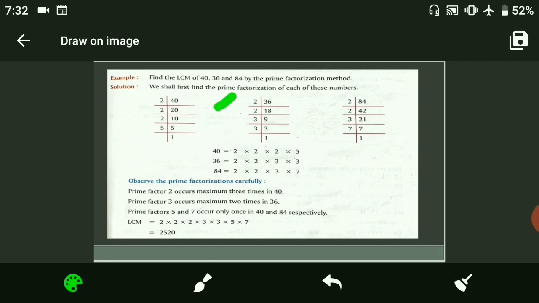Clear? Now you will see where the 18 comes in the 2 table. It comes at 9. So you will write 2 here and 9 down of 18. Clear? Because the quotient comes this side and prime numbers always come this side. Then you have to see in which table 9 comes. It comes in the 3 table. You write 3 over here and the quotient will come this side. 3 3s are 9. Now you have to see where 3 comes. 3 1s are 3. So you will stop here.